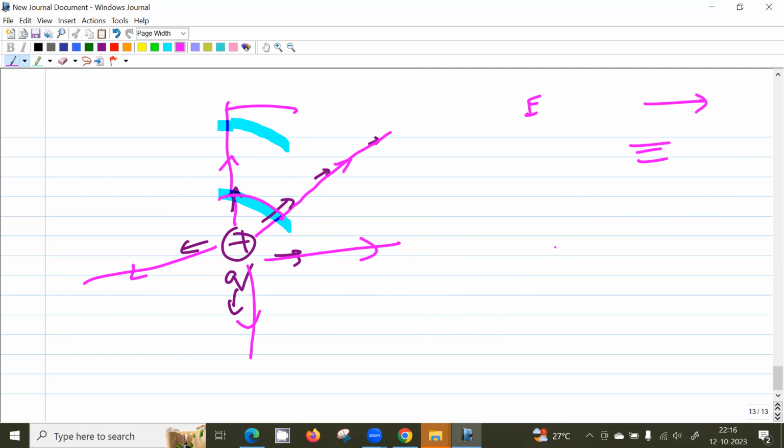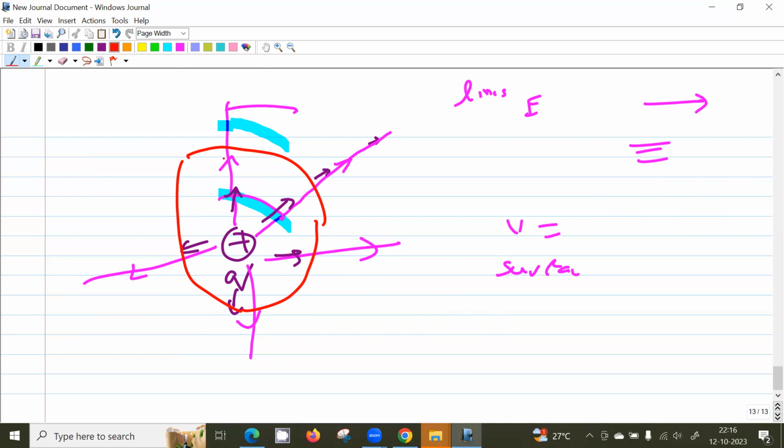Another thing is the concept of equipotential surface. Equipotential surface means the potential at all the points on the surface is constant. Field lines are lines, or in general, they can be curves. Equipotential surfaces are surfaces. In this case, the surface will be a spherical surface. So in this particular point charge case, the equipotential surfaces will look like spherical shells centered around